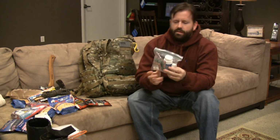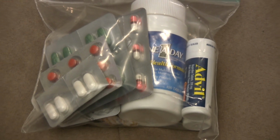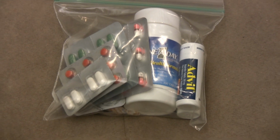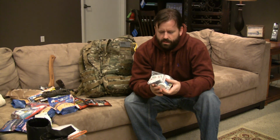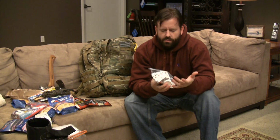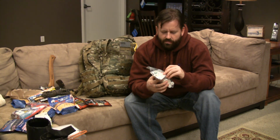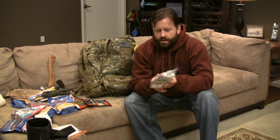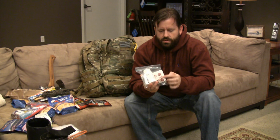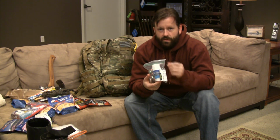Okay, now I've got my pharmacy bag here. These are all the medications, well, a few medications, let's say, that you could use on a daily basis. I've got Sudafed, I've got another allergy pill, I've got a cold pill, I've got NyQuil, I've got Benadryl for allergies, I've got Sucrets for sore throats, I've got some cough drops, 2 tubes of Advil here,